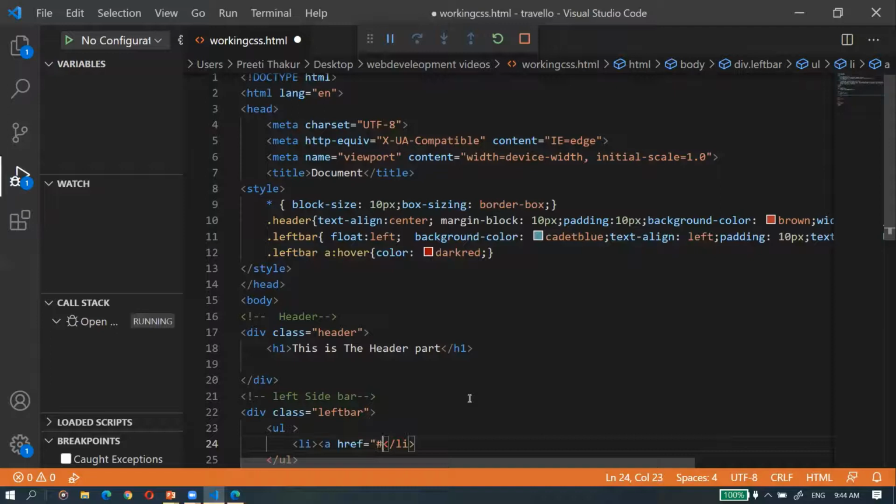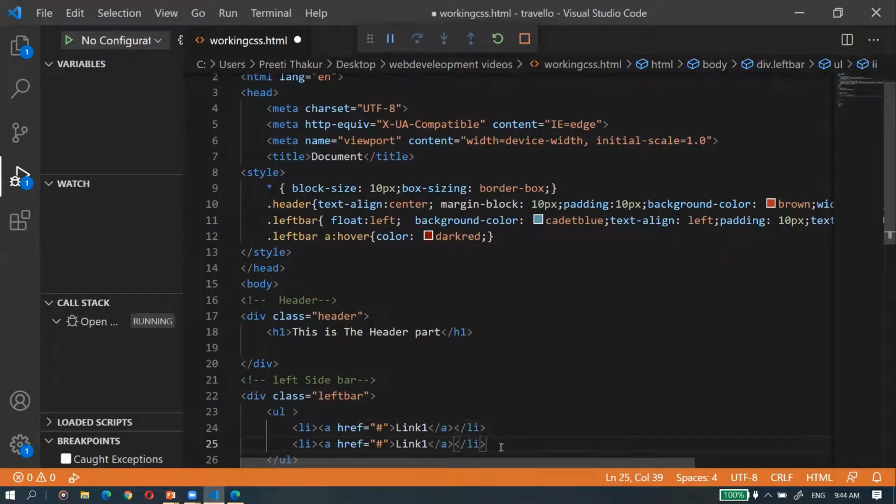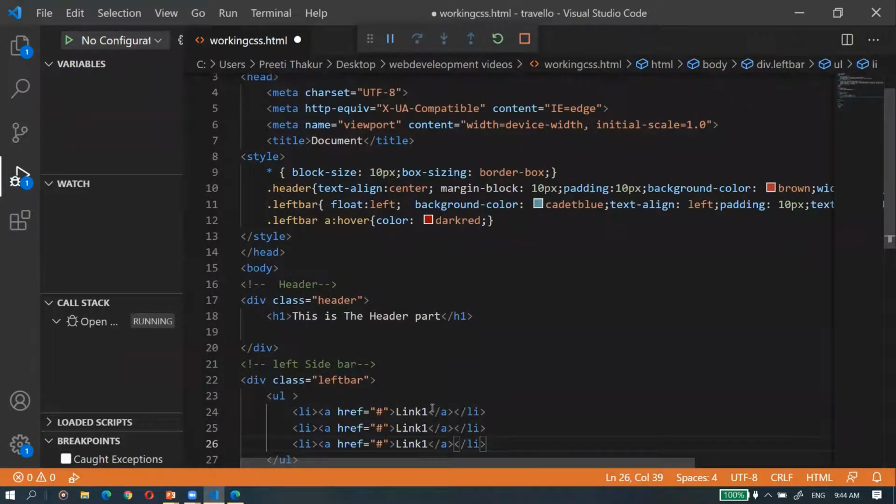Right now I'm not giving any. So link one. Okay, and again this whole thing I'm going to copy and paste 3 times. And I'm changing it to link 1, link 2 and link 3. Okay,